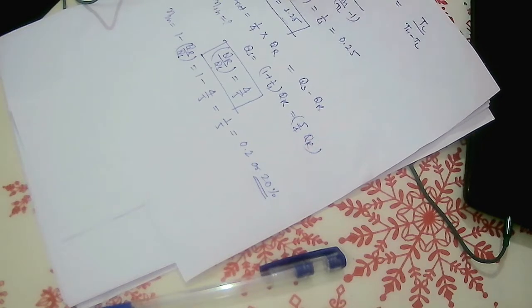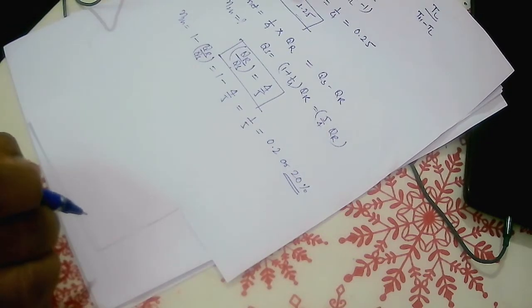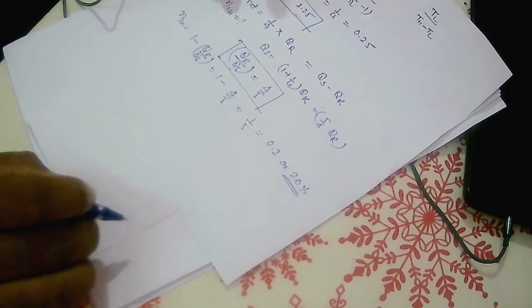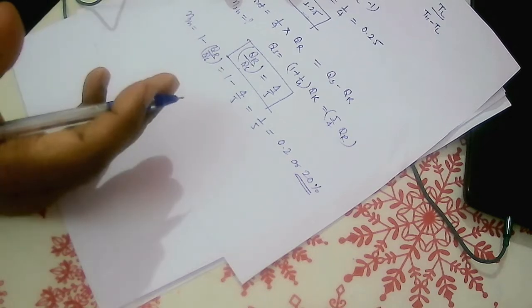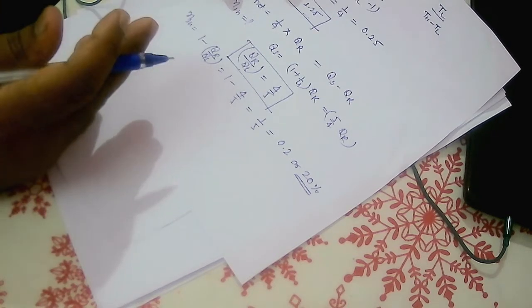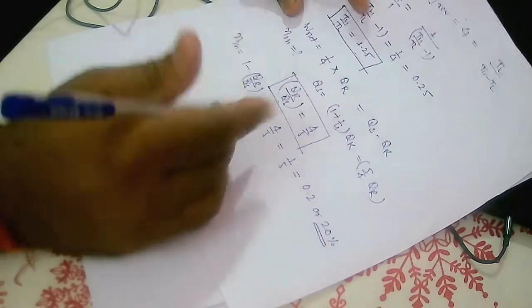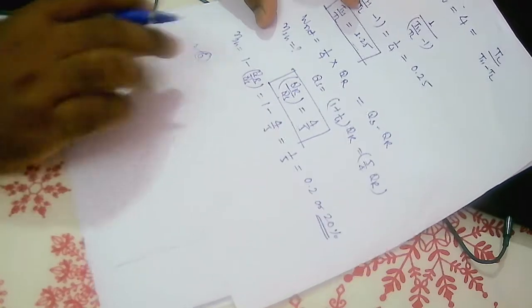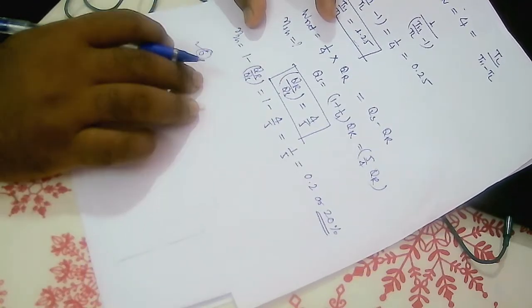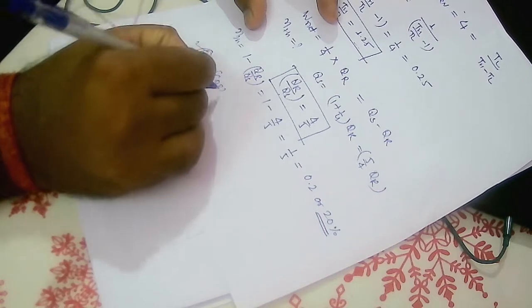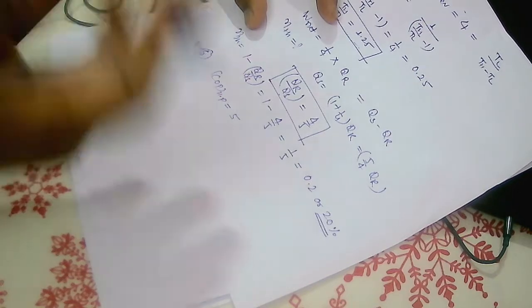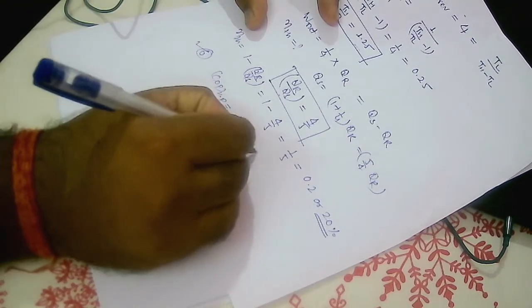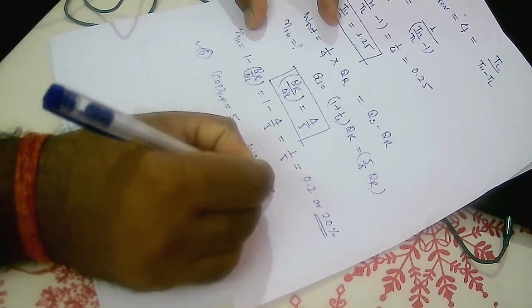Take the next problem. A heat pump working on a reversed Carnot cycle has coefficient of performance 5. If it works as a refrigerator taking 1 kilowatt of work input, the refrigerating effect will be. So it's asking about the refrigerating effect. This is a very simple problem. Take the sixth problem in this series. What is given? A heat pump, so coefficient of heat pump is given as 5. If it works as a refrigerator, for which W input is given as 1 kilowatt.